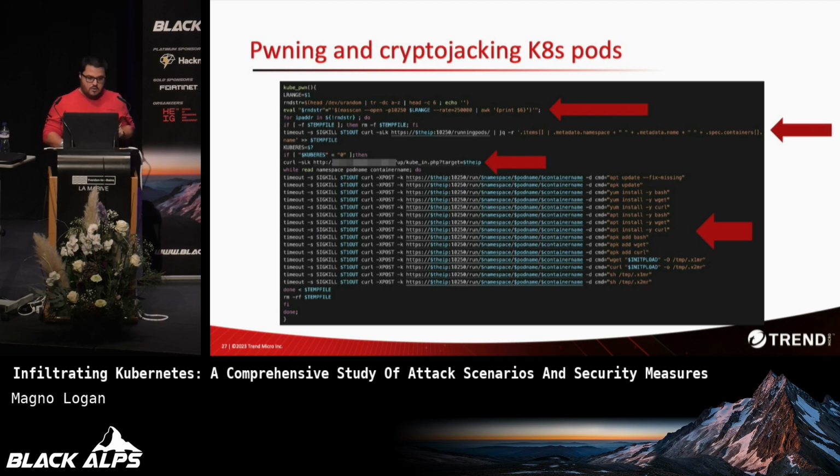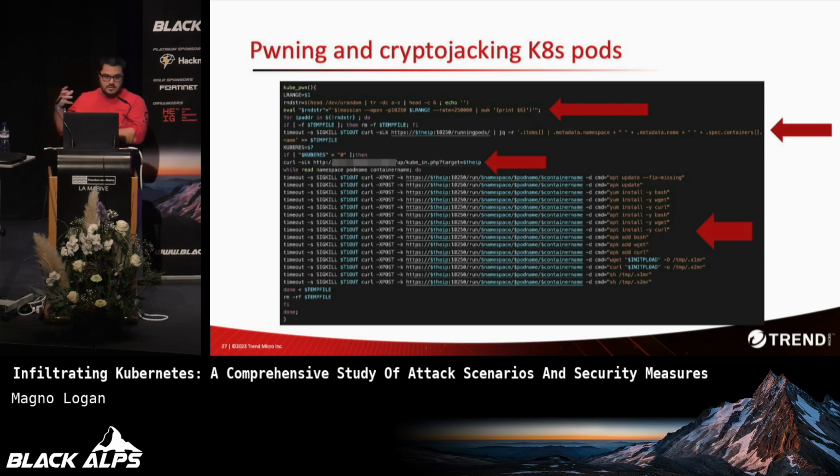Okay? Going back to the kubepwn function, you see the third arrow there. There is a curl to their C2 server where they say kube.php target the IP address. That was the file that we accessed to count almost 50,000 IP addresses. We were able to collect this file as well. And then every other curl command here is to the kubelet API as well, but now it's a different endpoint. It's the /run endpoint, and then you have namespace, pod name, container name.